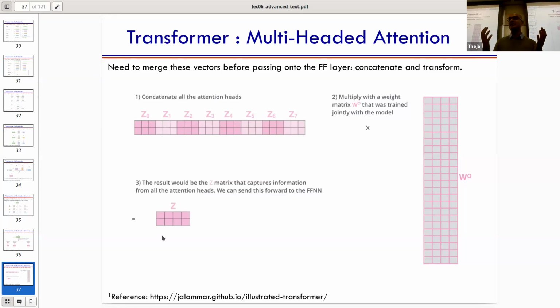What you can do is just average them out, for example. Or, instead of averaging, if you want a little bit more sophisticated computation, you concatenate them, Z0, Z1, Z2, Z3, Z4, and then multiply with another parameter. This is also going to be a parameter of the self-attention block, which is just going to reduce it back to the appropriate dimension that you care about. For example, if the input vector was 4-dimensional, although these Z's are 3-dimensional, you can go back to 4-dimensional by having an appropriate matrix here. So if you do multiple head computation, you can concatenate those vectors and project it down to the appropriate dimension that you care about for passing it to the next encoder unit.